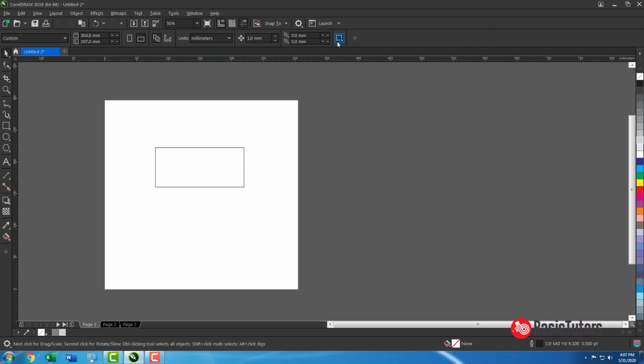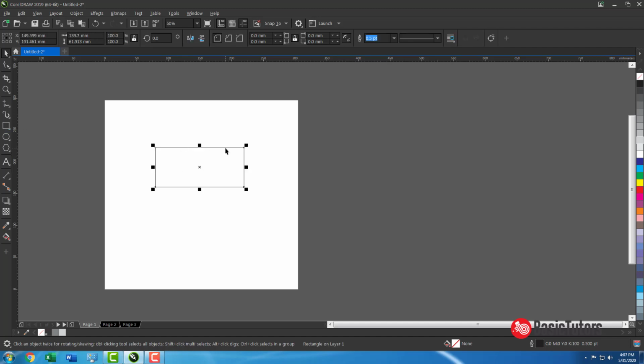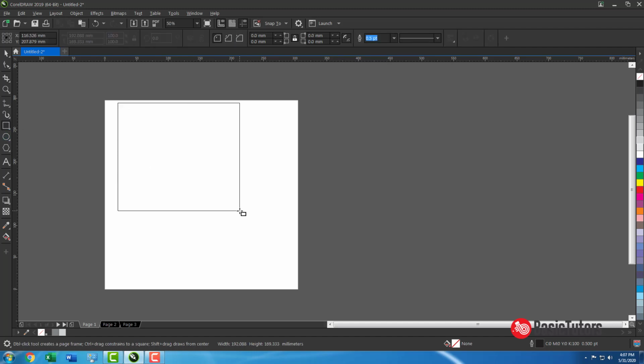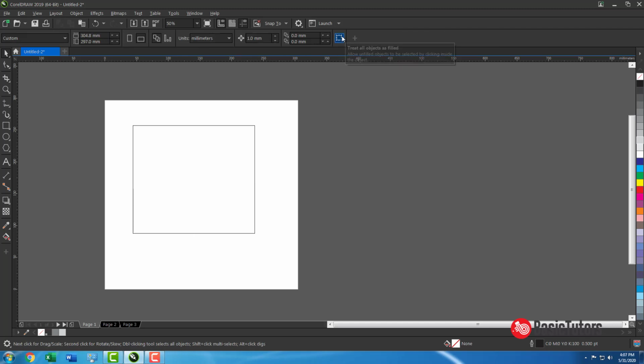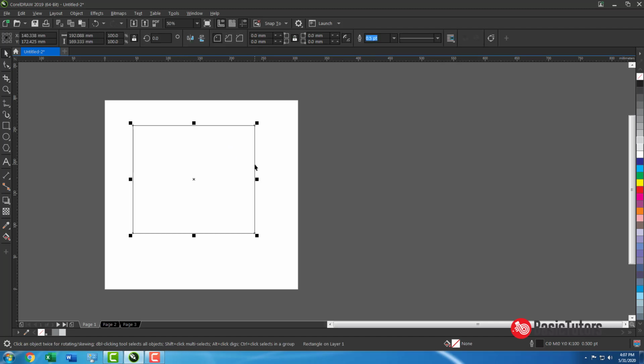Next to that is Treat All Objects as Filled. What this command does is, suppose you draw an object that is not filled, you can click here, and it is selected only if it is filled. Suppose you deselect this option and click here, it won't select because it only selects from existing objects.